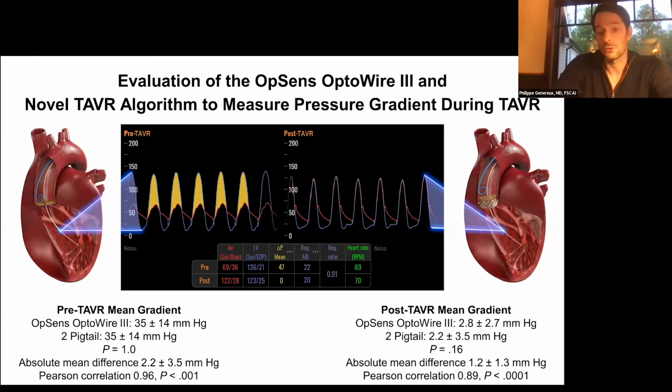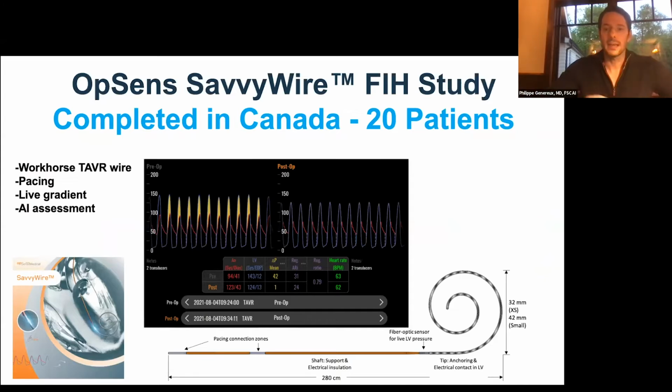That showed very good correlation and no significant difference. So why did we do that? Well, the key here was not really to validate the OpSens wire. Obviously, I think you can use the 014 wire to assess AS if you want. We can discuss that in the discussion before and after. But the key was really a preamble to the 035 wire that I'm sure we can talk about, that is